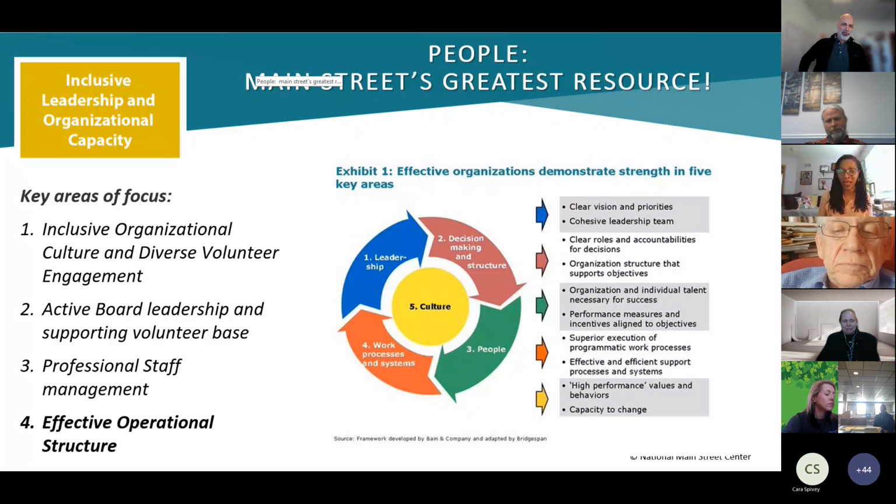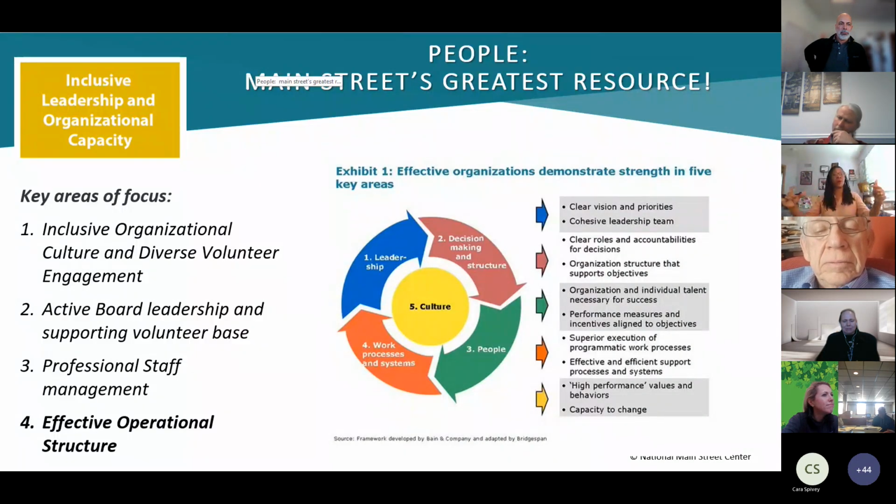Just as an example, they're giving those annual reviews so they can tell you, okay, you're doing this really well, but I want you to work on this, right? So you have one clear delineation of roles between board and staff. You also have a clear delineation of roles if you're the executive director and you have a program manager that's